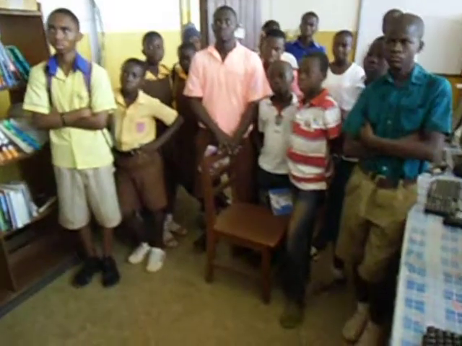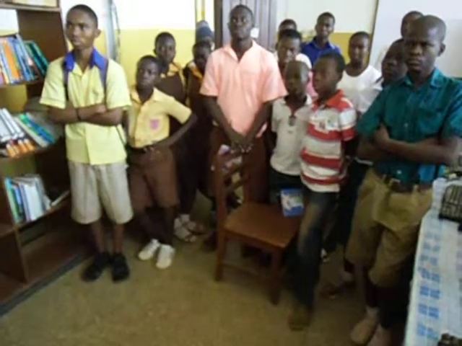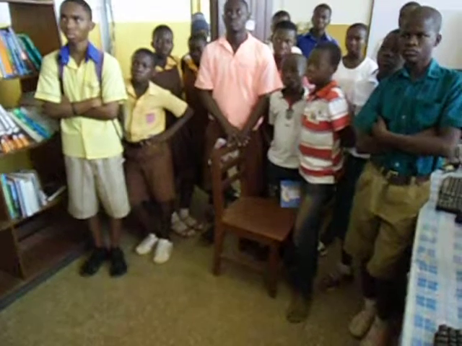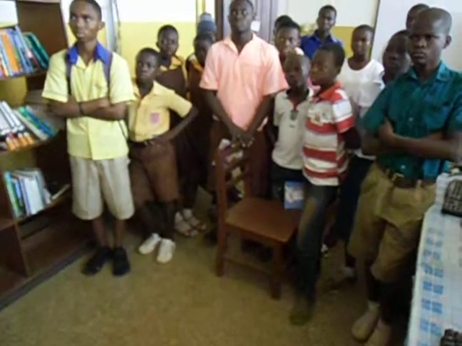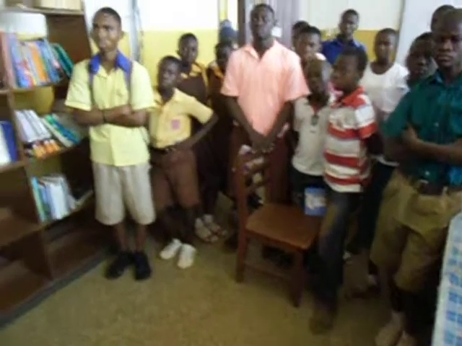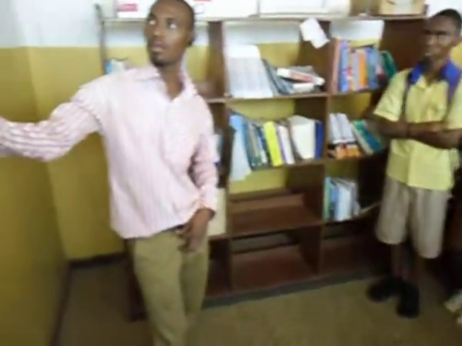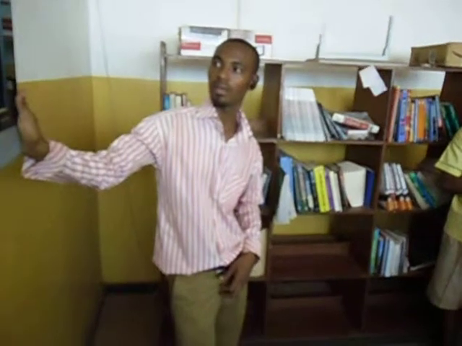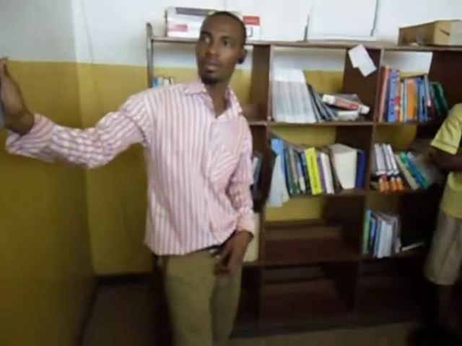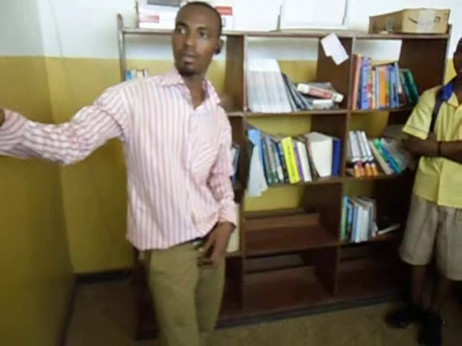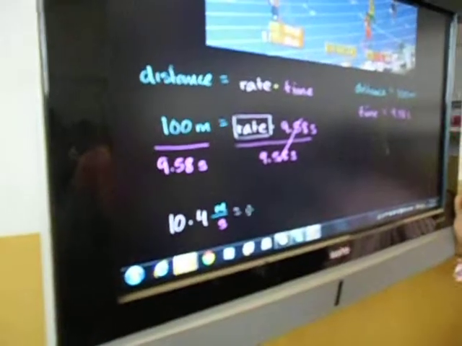So I've got 100 meters divided by 9.58 seconds. It gives me 10. Let's see, we get about 3 significant digits here, so let's say 10.4. So this gives us 10.4. I'll write it in the rate color. 10.4, and the units are meters per second. Meters per second is equal to